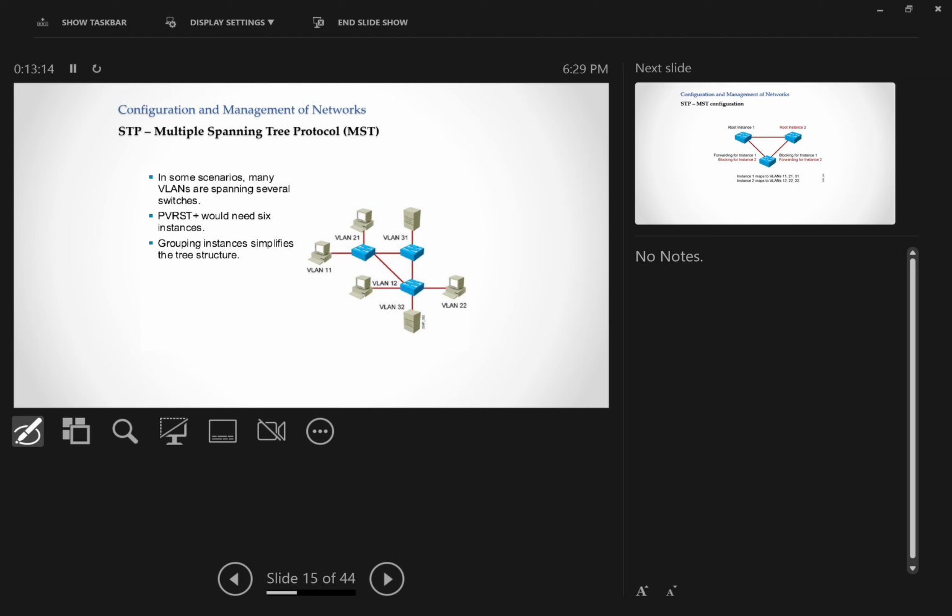Okay? So you have that example there where you have VLAN 11, 21, 31, 12, 32, and 22. So 1, 2, 3, 4, 5, 6. 6 VLANs and only 3 switches. So I can have 6 different trees in that topology. Okay? So if I can have 6 different trees, using per VLAN spanning tree is a waste of processing time